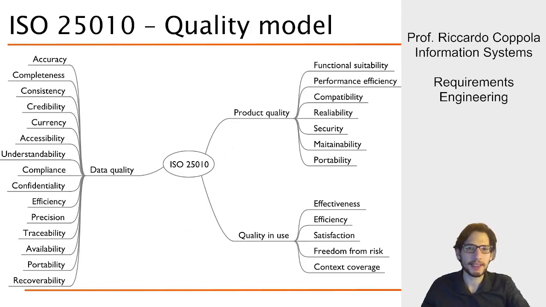And in the quality model, that is this one, we see that we have three different categories of qualities that are related to what we have seen before. We have product quality, where we can consider here the functional suitability, the efficiency, the compatibility with something else, how reliable or dependable is the system, the security of the system, of course, and the maintainability, here we miss an N, which means the capacity of maintaining and providing maintenance on the software,